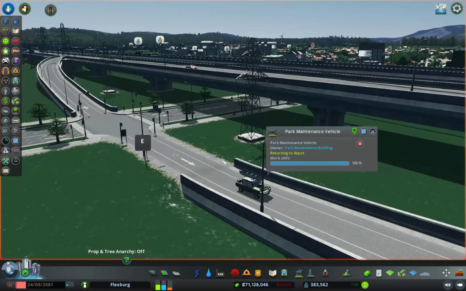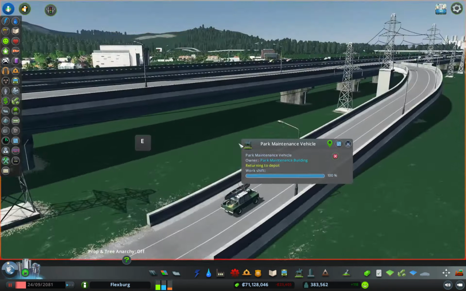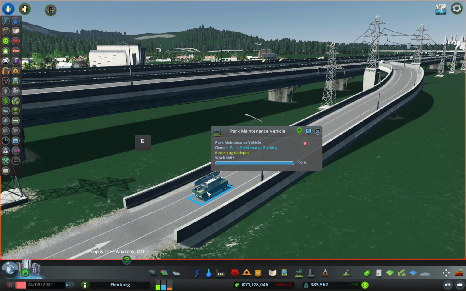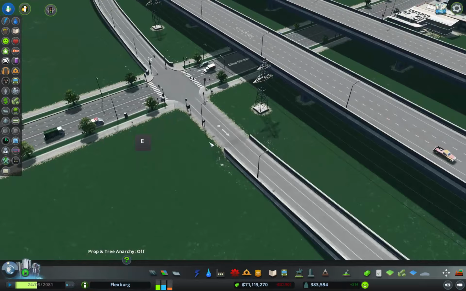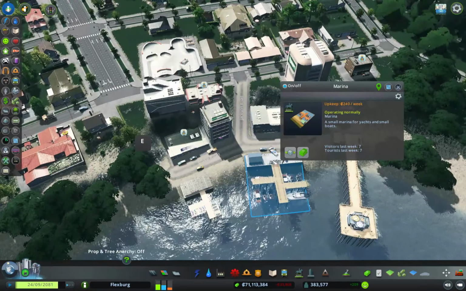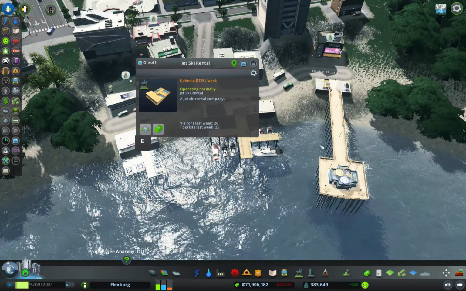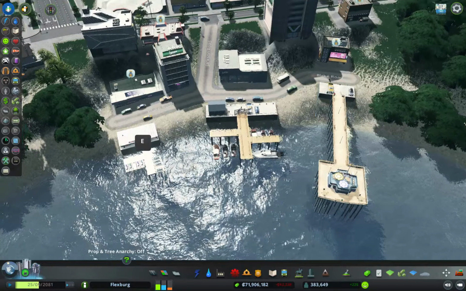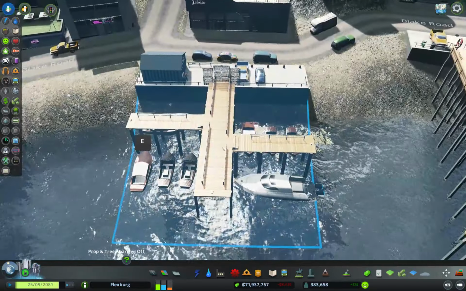Oh, you got a little canoe on you? Oh, park maintenance building. Sweet. This is my first time seeing one of these. Nice. So, we've got tourists. I mean, I'm not sure. I was hoping not to have too many tourists over here, but...